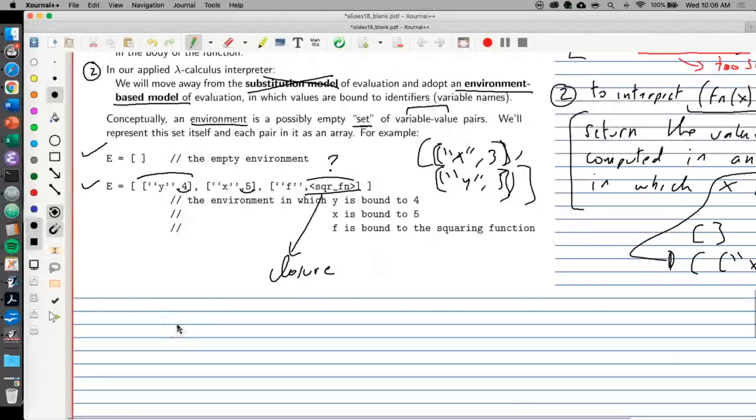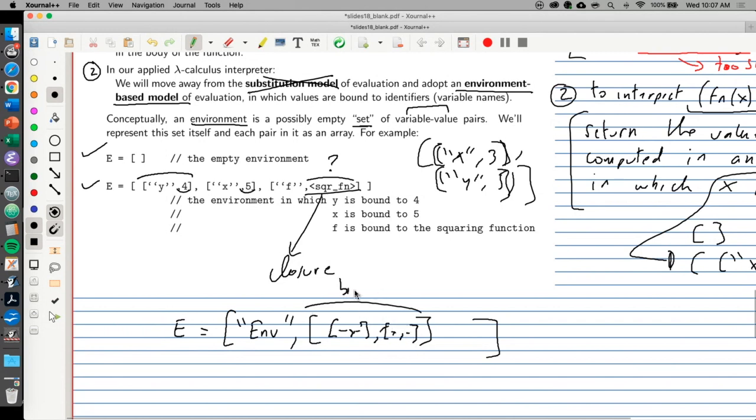So let me clarify the structure of this environment for us. It's going to be an array, but actually, it's not going to look exactly like this. First of all, we always have a tag, so we're going to have an environment label. Because everything is an array, we need to know what's an environment from what's something else, right? So we have an environment env tag, and then the second element is going to be the set of bindings, like what I showed right here,